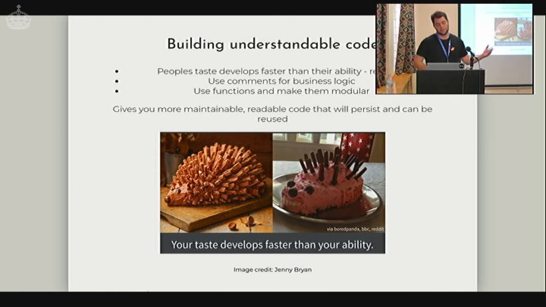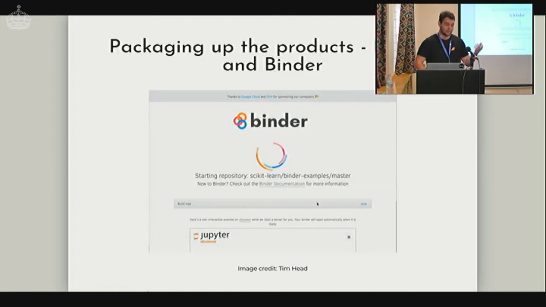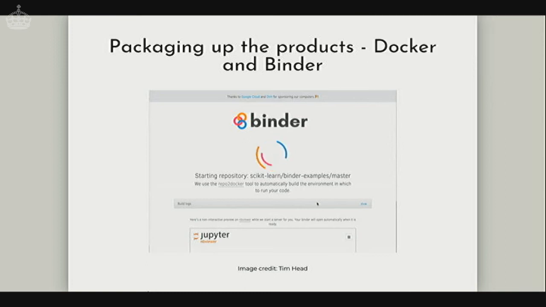And this comes back to the folder structures and making everything modular. So you utilize functions, put them in a certain package that you might produce, and then call that in and put that within your structures. Doing this gives you a set of maintainable, readable, reusable code, which is really important in a reproducibility context. Another piece, as I'll flick through again, is how you package up the products and